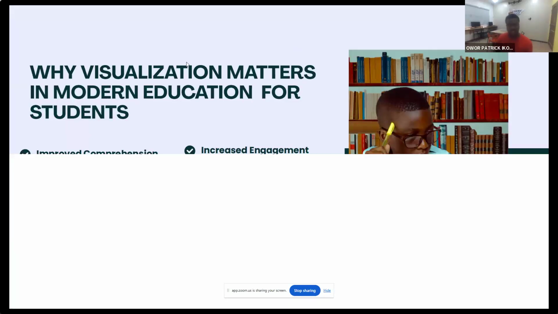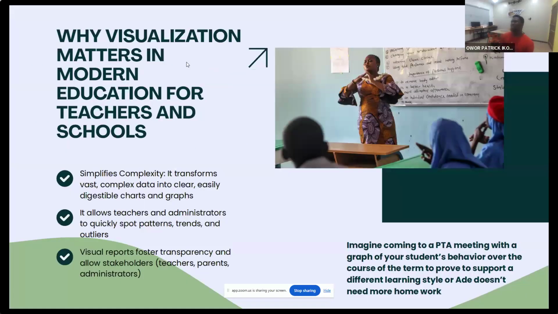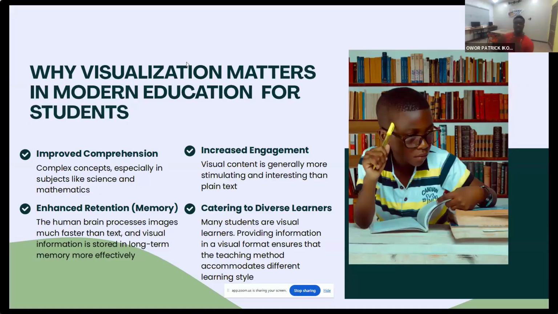Well, as you can see, visualization is useful to us because it's helpful for the student as much as it's helpful for the teacher. For the students, when you come to them and you show them a presentation or an image or a chart, when you come to your class with an instructional material, with this graph for them to look at, it helps them understand what you are showing them. Imagine if I was to come into a classroom and I just started explaining one theory whatsoever,